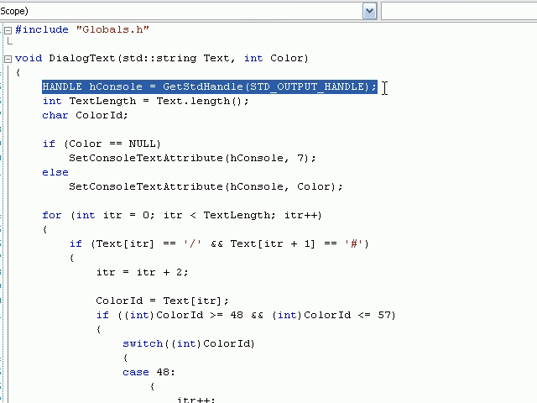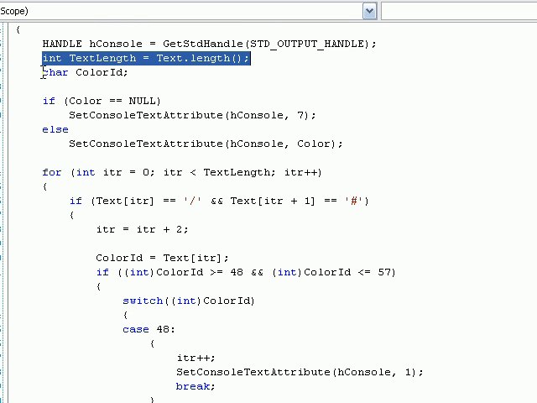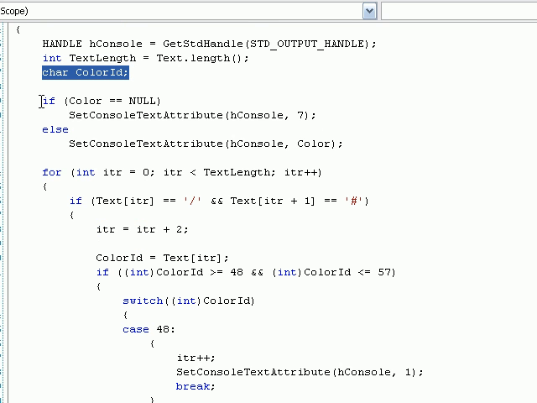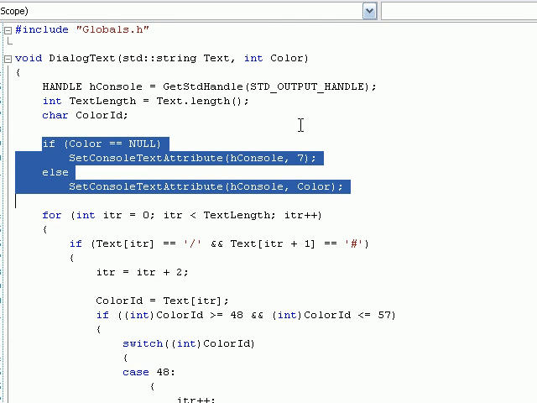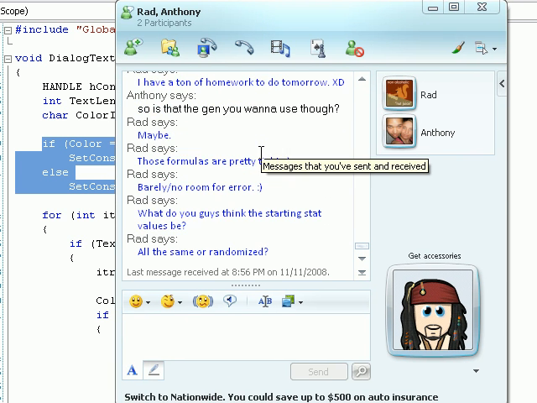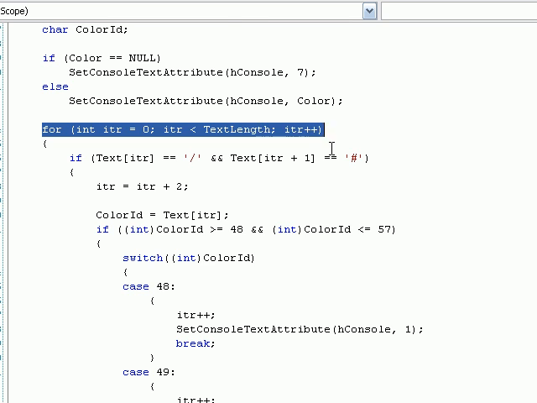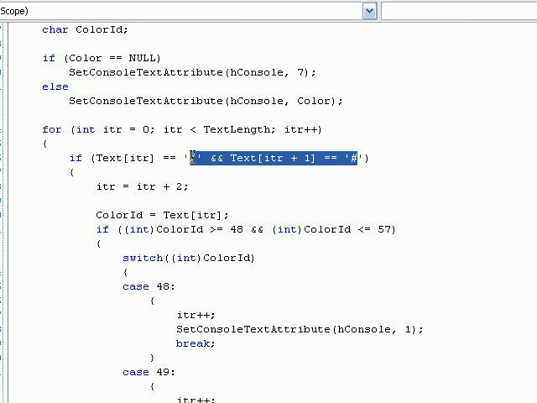So you get a handle to the console and get the standard output buffer or handle. See, in text length, get the length of the string, character color ID. See, if color is null, just set it to default color. Might as well see what they're talking about. Pretty much. I'll read this later. Okay, and then it goes through each actual character of the text, and if it meets this is where it tells if it's